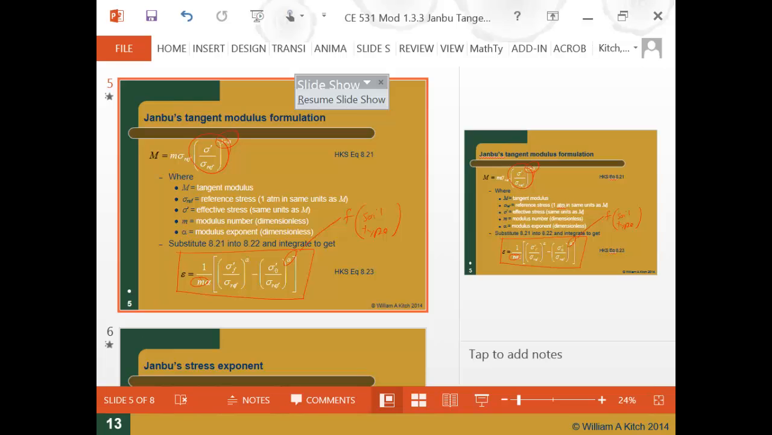So, is the point of this method to try to give the soil that you're working on some kind of modulus parameters so that we can measure the settlement? Yeah. So if you want to calculate settlement, and we haven't got to settlement calculations yet, but